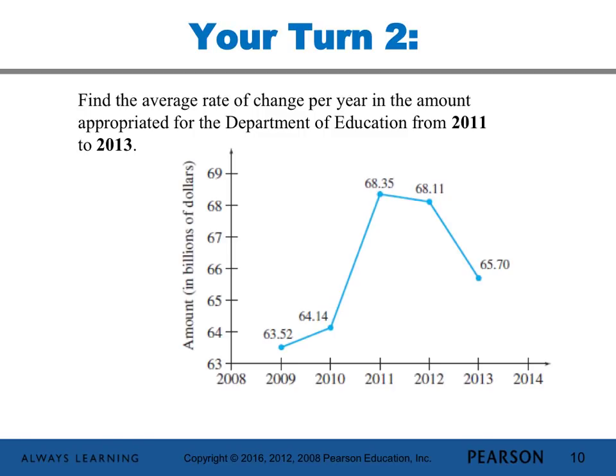In fact, if we look at the rate of change from 2011 to 2013, we're looking at an entirely different rate of change, and that would present us with an entirely different picture. Because then we would use only the points 2011, 68.35, and 2013, 65.70. And so that rate of change would be